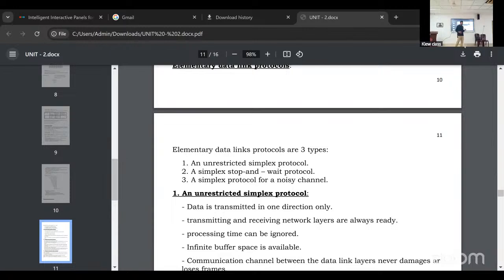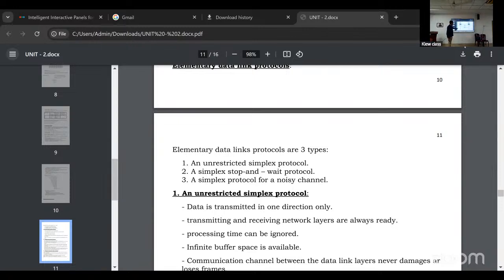In our body, the heart's blood pumping is very, very important. If the pumping stops, circulation will stop. So what will happen? The person will expire. In the same way, in the data link layer, if we cannot transmit the data successfully and cannot detect errors, there is no use of transmission.